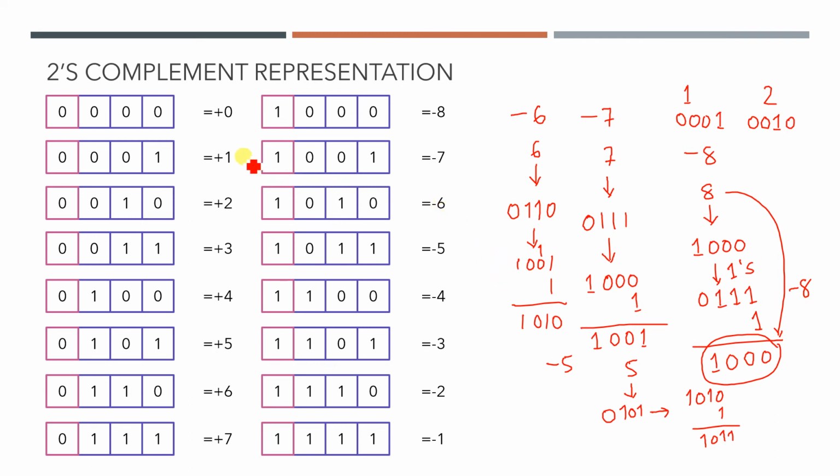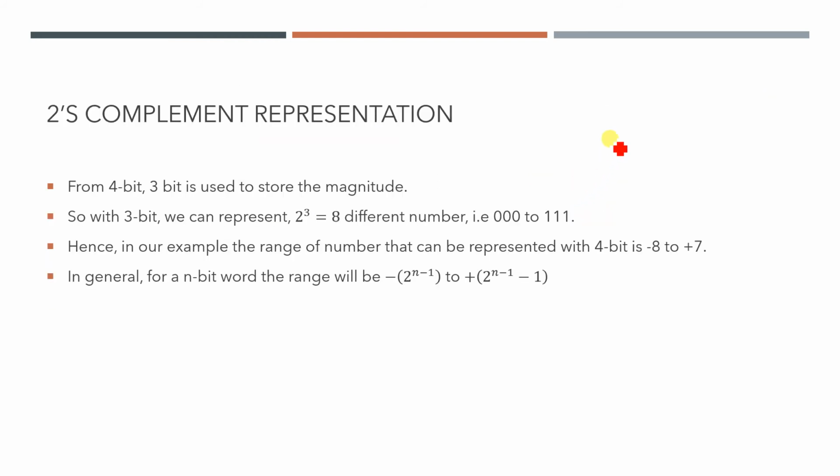But you can see here there will be no representation for negative 0, which is quite interesting, because that is the disadvantage of the other two techniques. So why will there be no concept of negative 0? I will show you here. Suppose the given number is minus 0.